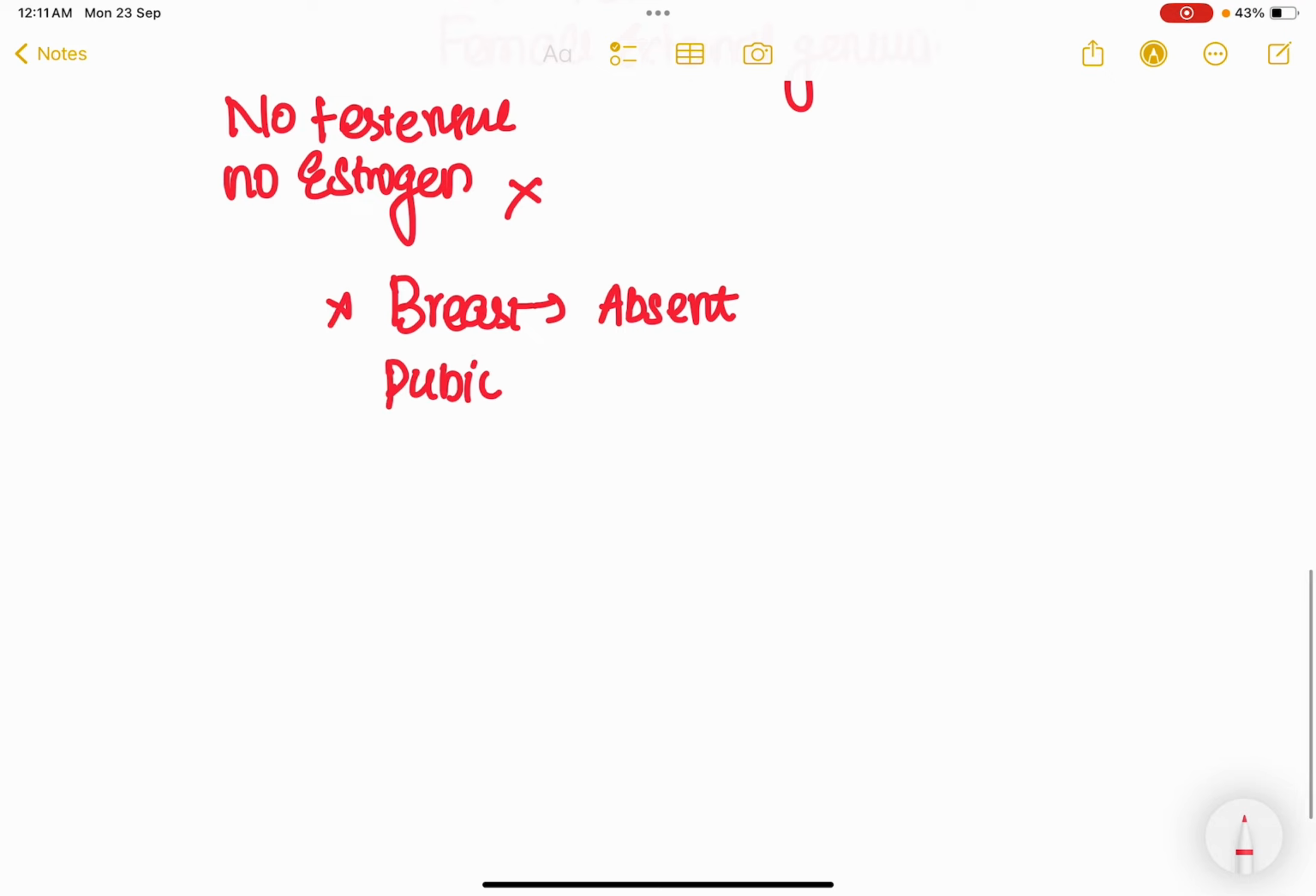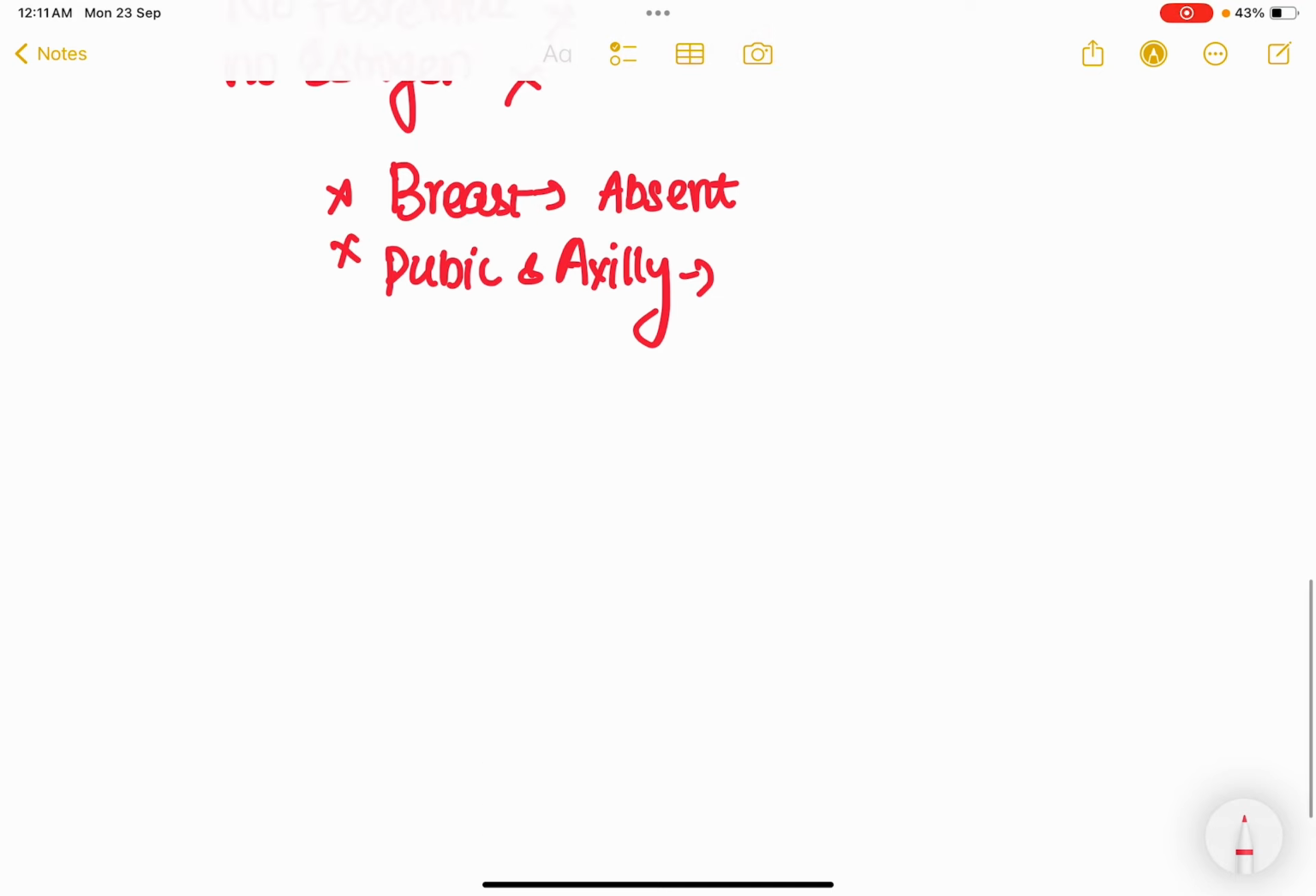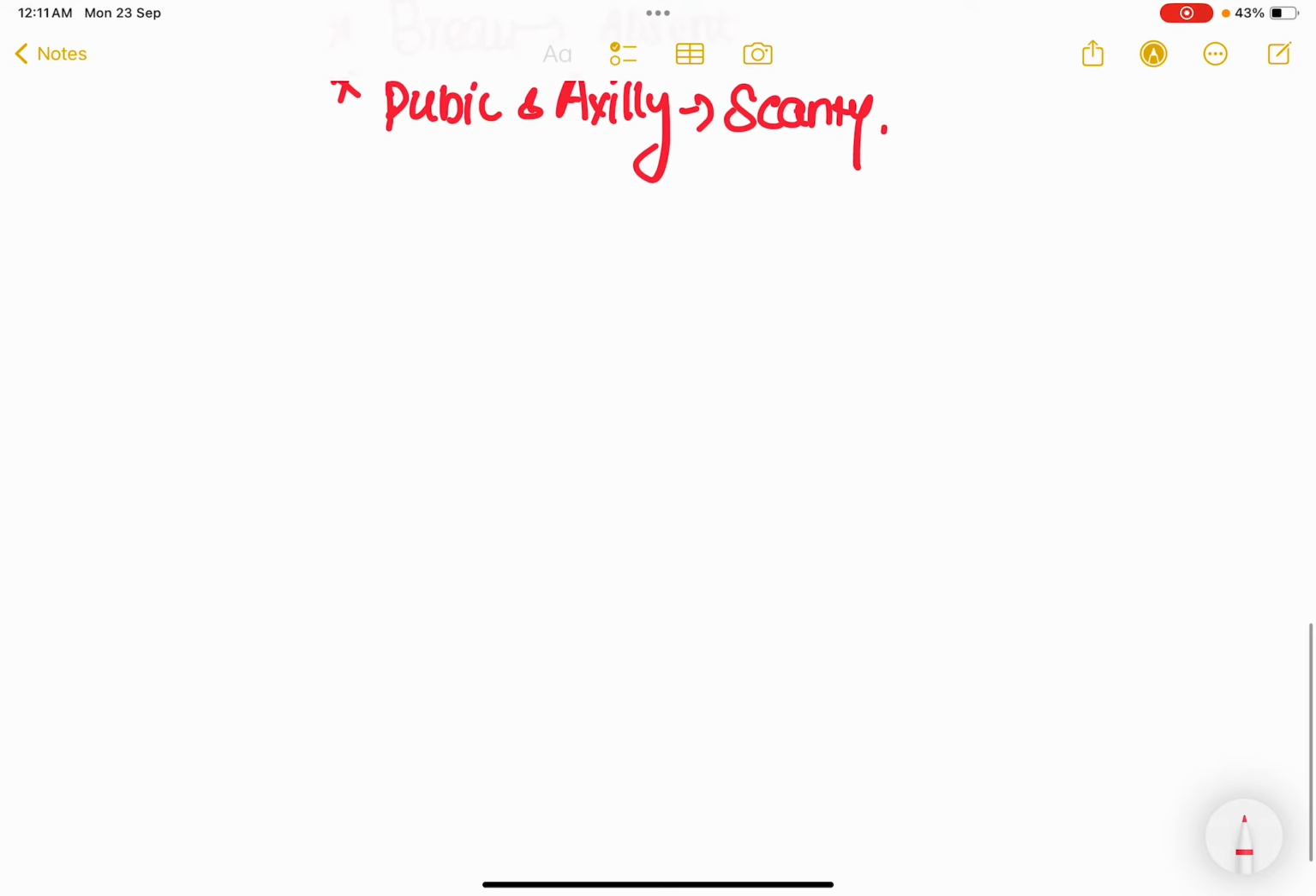Discussing the pubic and axillary hair. For proper development of pubic and axillary hair, androgens or testosterone is very important. Since no testosterone, no pubic and axillary hair, or scanty pubic and axillary hair. Is that clear? Yes. By discussing the FSH and LH, we all know that inhibin B has a negative